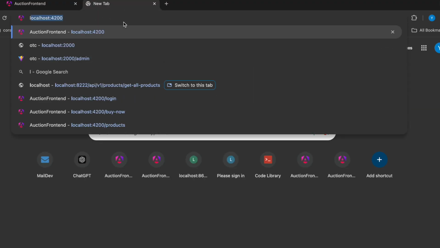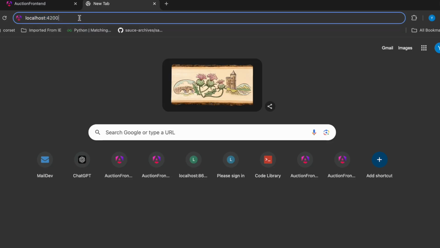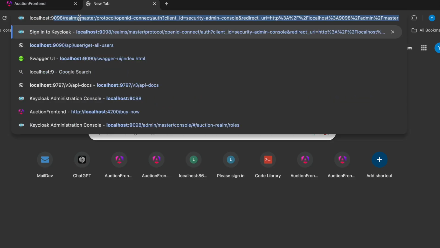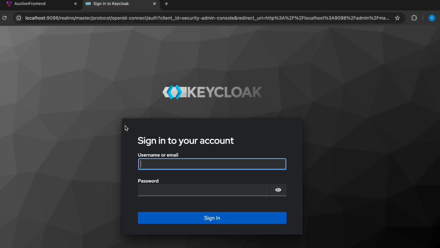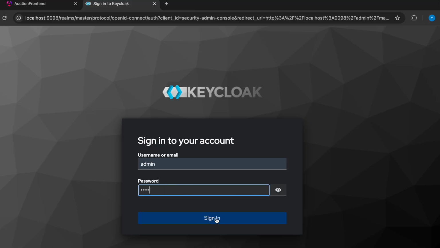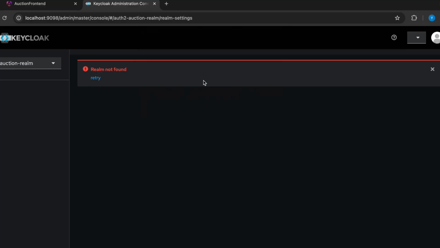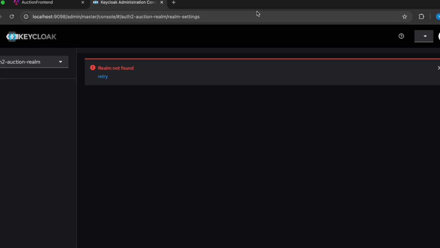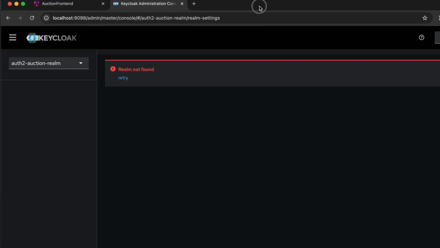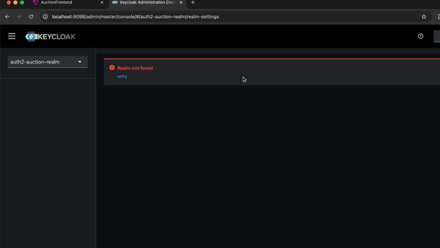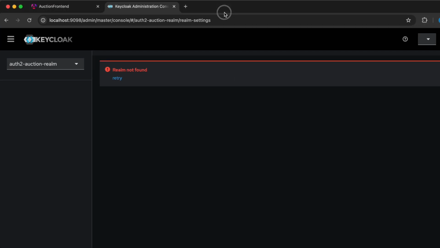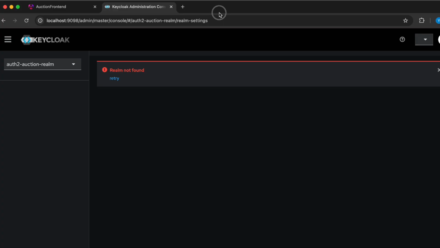What I want to get through is localhost, and we want 9098, and we say admin, and we say admin, and that is my password. Now you see this thing here is because this particular, let me start this again. So now you see this thing right here. Let me just put it right in the middle center. This is my old